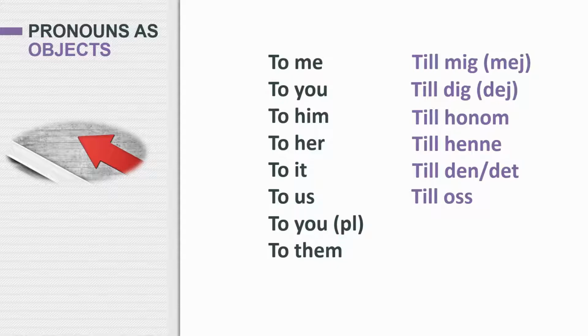And to say to you in plural, how would you say that? Till er. So we haven't practiced this as much. But what you'd say is till er. To say to them, how would you say that? Till dom. So the pronunciation is the same. Dom in the beginning, but it's just spelled differently. One was D-E, the other one was D-E-M. And we said that actually Swedish people get this confused. So you can do it the easy way and just write DOM. Always just write DOM, and that would be correct, although it's not the most formal way.